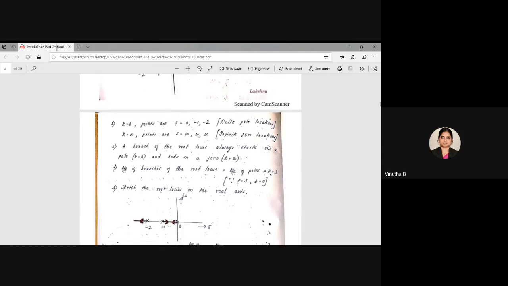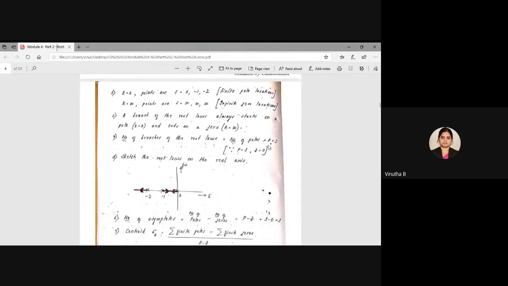Those are called asymptotes. So k is equal to infinity indicates the zero points. So the points are s is equal to infinity, infinity, infinity. For every pole there must be a corresponding zero, and that zero is present at infinity in this problem. So it is infinite zero locations. So that is step number 2.